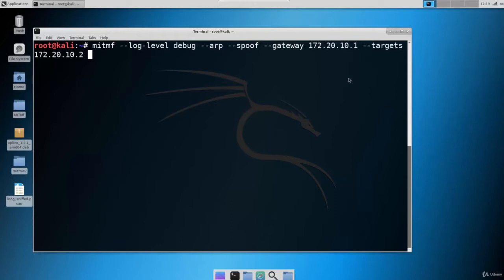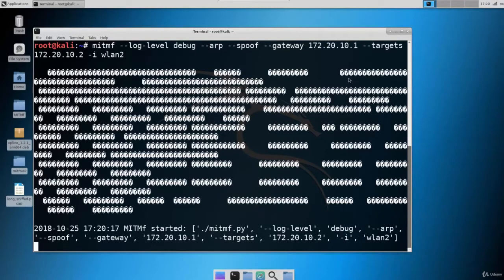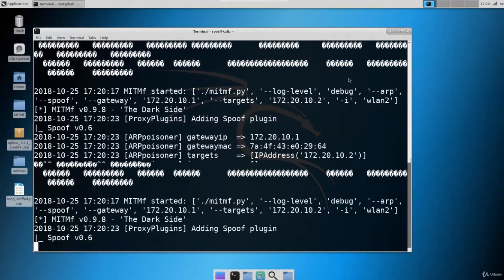Let's just give the interface, which is WLAN 2, because we are connected on WLAN 2 with the victim network, right? So everything seems fine to me. Let's just hit enter. All right, so the attack is started now,